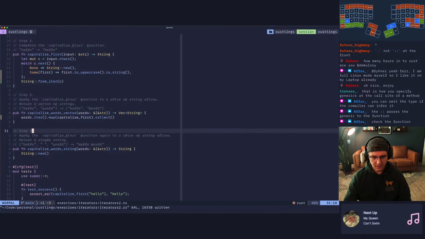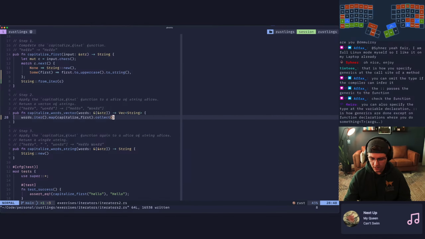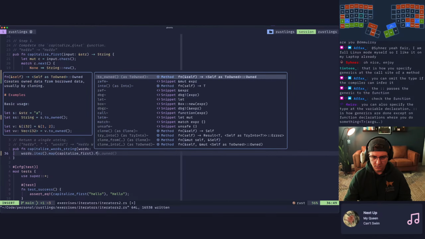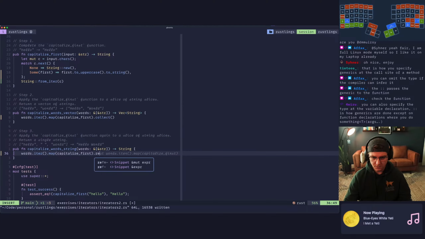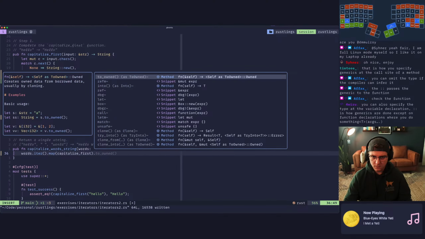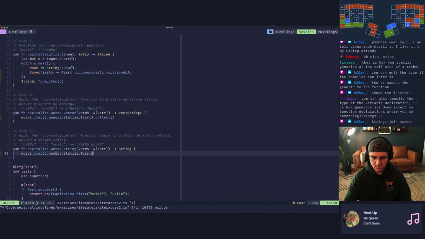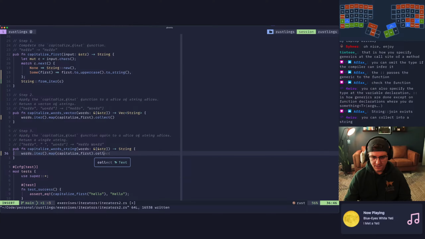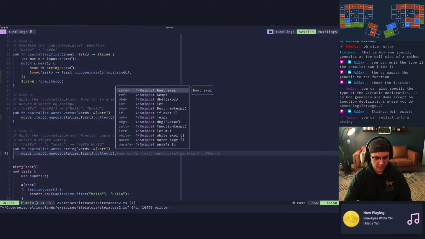So we're gonna do the same thing. We're gonna yoink you, and we're gonna go 8 down, shift V, paste that in, and then I don't think we wanna collect yet. We might be able to, let's see what other functions. We need like a reduce or maybe a join. So let's see what functions we have. Nope. Do we have a fold? No. Reduce? No. Okay, so we'll do dot collect, and that will take us into a string, and then we can say